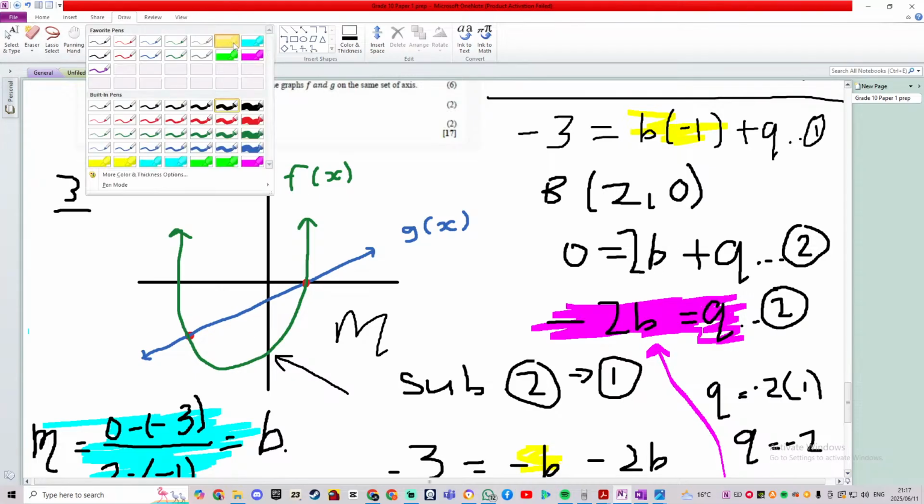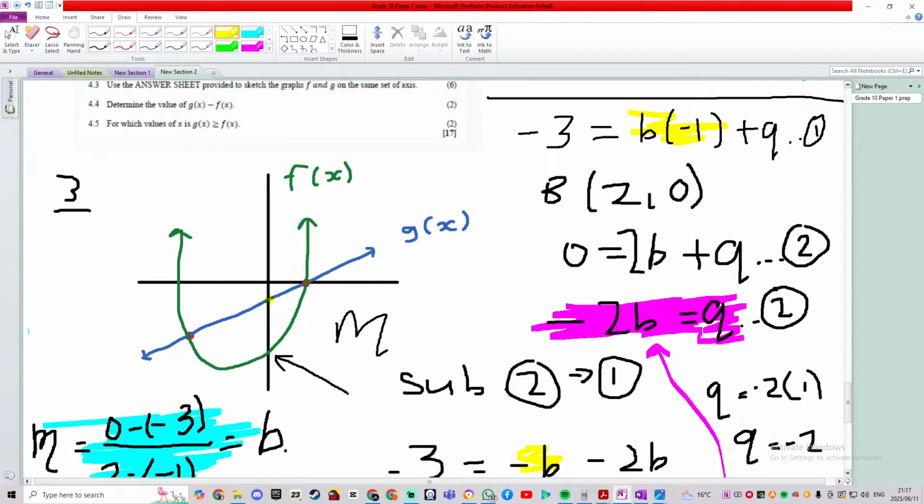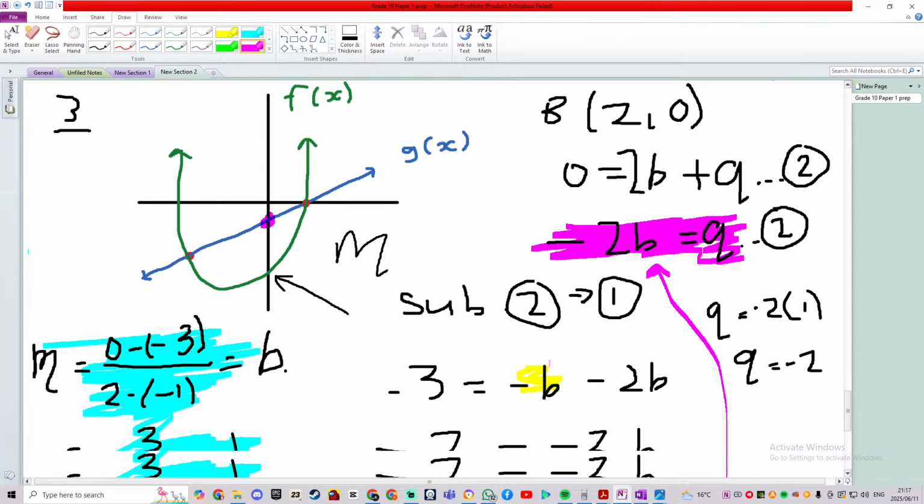Let me just highlight it quickly. Here would be minus 2. I'm going to use purple. There would be minus 2. Okay, that would be the minus 2 there for that graph. Yes, you can. Is it positive 2? No, it's negative 2, ne? So yes, you can say that. You could have said that as well. But